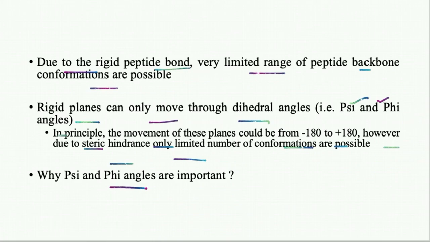Even based on this concept, a number of tools have been developed that are used to evaluate the quality of protein structures. Anyway, we will talk about that in further detail when I discuss one important topic, the Ramachandran plot. That will give us a more clear and detailed understanding of why these phi and psi angles are important.